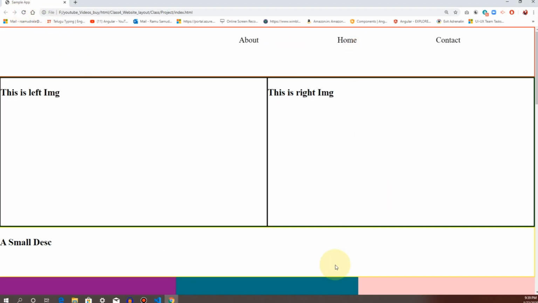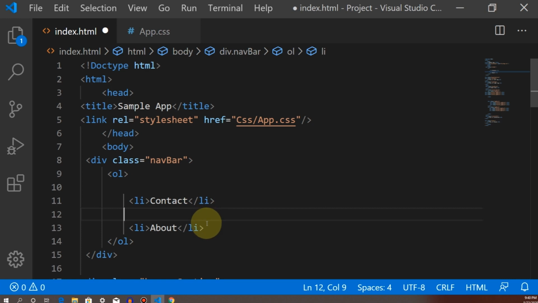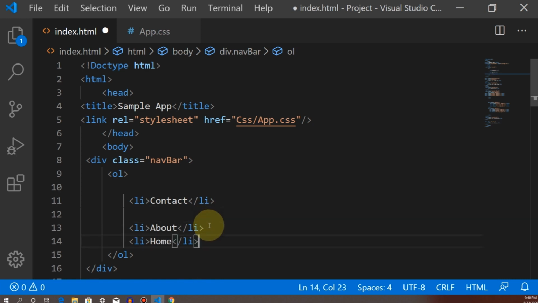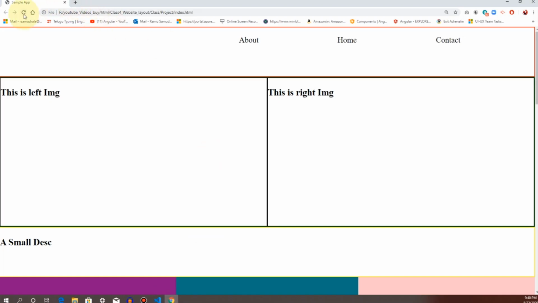Oh, sorry guys, about last, home at the last, then it will come first. About is middle, contact is last. So then yes, home, about, contact.